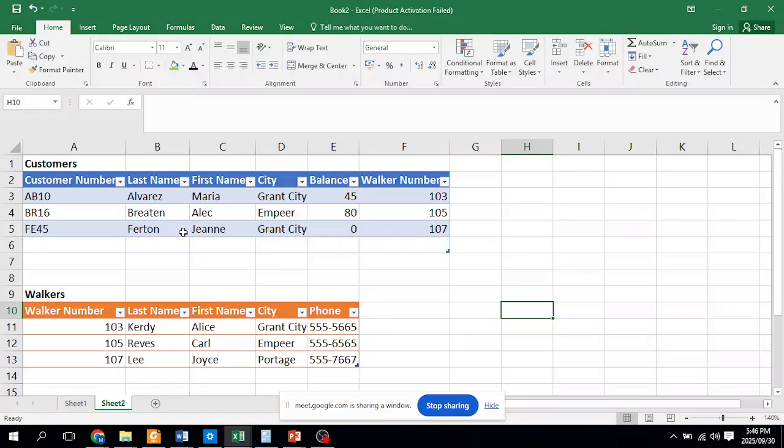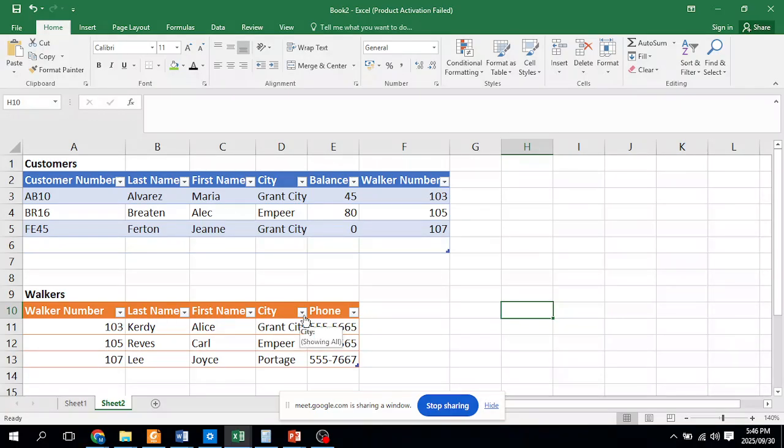Now, if you look at the queries that we have, it says that we must find all walkers from Grand City. Here we are in the walkers table. So if we have to find walkers from Grand City, it would be quite an easy filter.